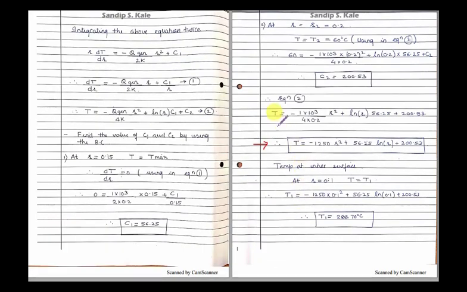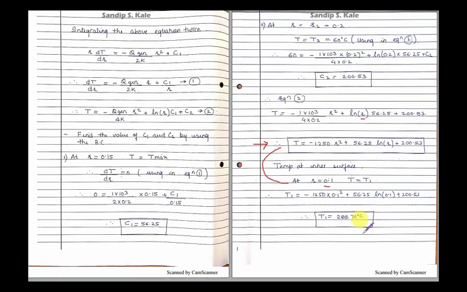After getting the temperature distribution equation, we will substitute R is equal to 0.1, because the inner radius is given as 0.1, and T we will substitute by T1. So what I will do, I will substitute all these values over here and let's see. So T is replaced by T1, R is replaced by 0.1, and after doing all the calculation, you get the value of temperature at the inner surface as 285.70 degrees centigrade.